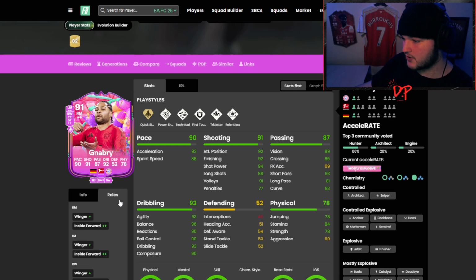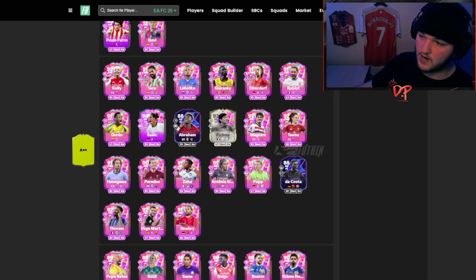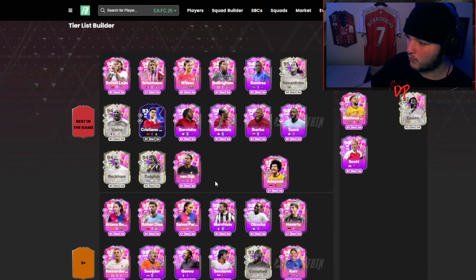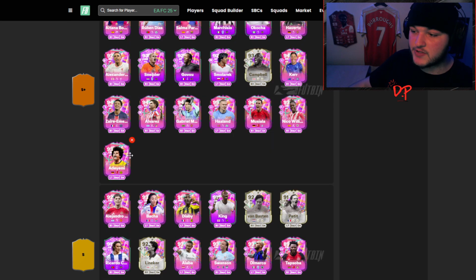I think a Hunter chemistry style, without a doubt, the best role for him as an inside forward plus on the right wing as well would work an absolute treat. I'm more than happy to bump Serge Gnabry up to the S tier. Which, whilst we're here, we'll go for Adeyemi, who for me is that step above Serge Gnabry,